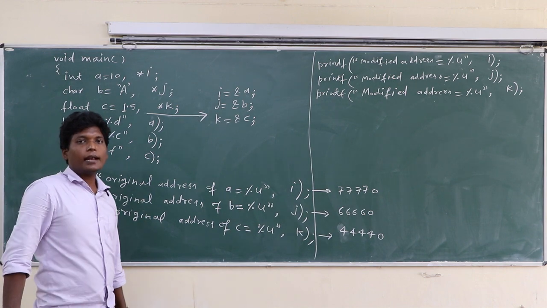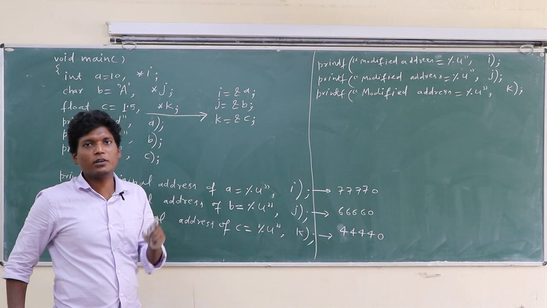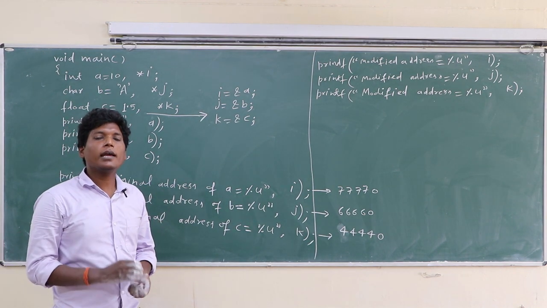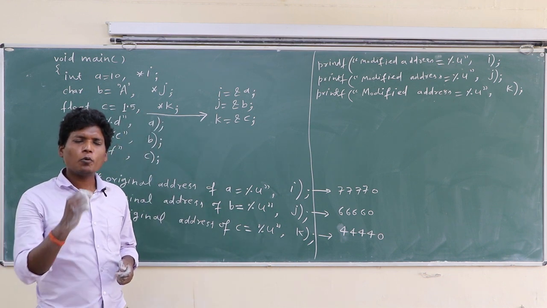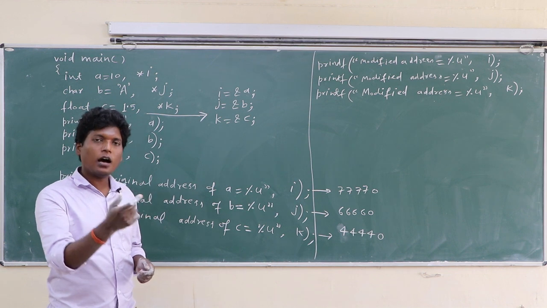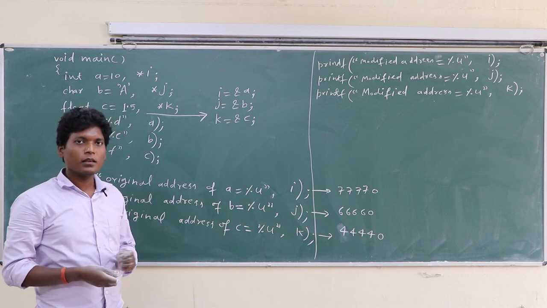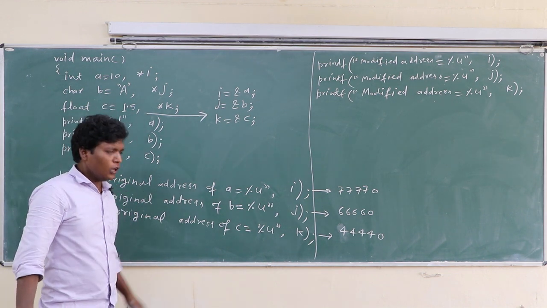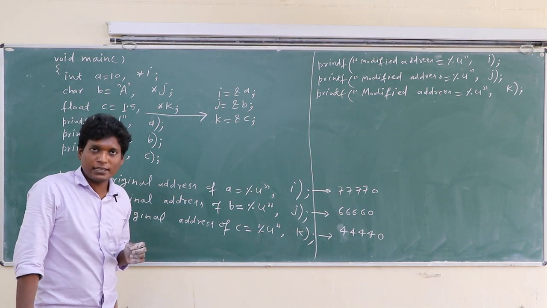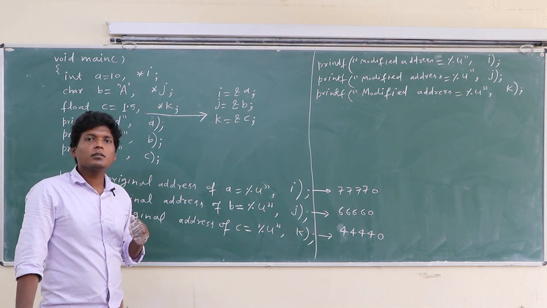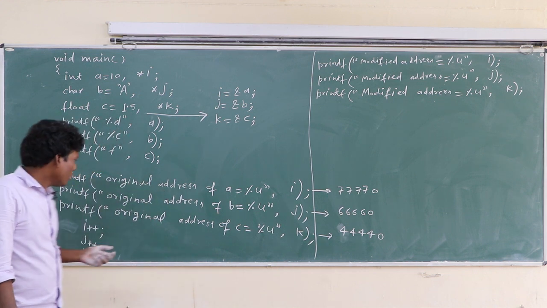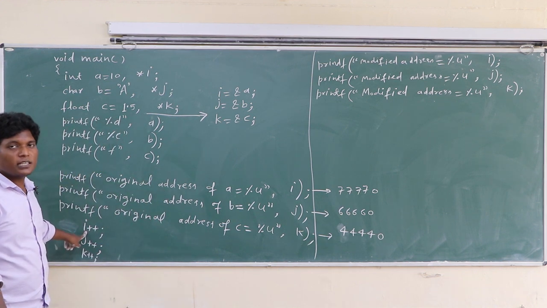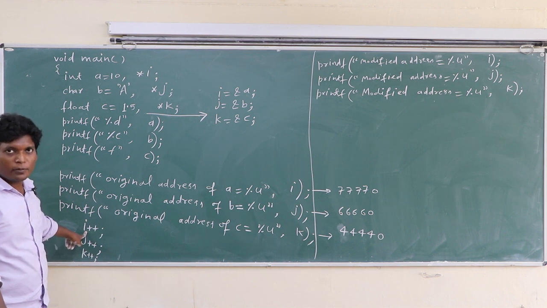It means address is not incremented by 1. Basically, when we increment a pointer, it points to the next location of its type. Once again class, when you increment a pointer, then it points to the next location of its type. Okay, so when i plus plus is incremented, i is a pointer variable.